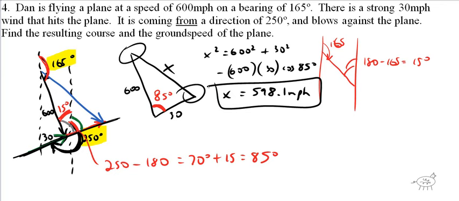Okay, not bad. That was the first part. Find the resulting, actually that was the second part. Find the ground speed. That's the new speed of the plane. Okay, the course, do you guys agree that the plane is going 165 degrees right now? What happens when it pushes it to the right? What happens to that number? Do you guys agree it goes like 165, 164, 163, it's getting less and less and